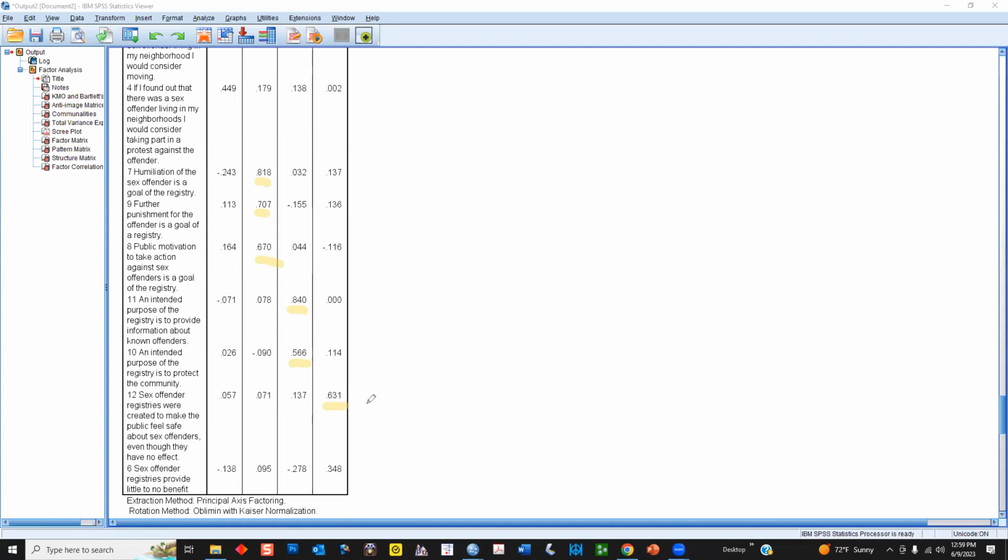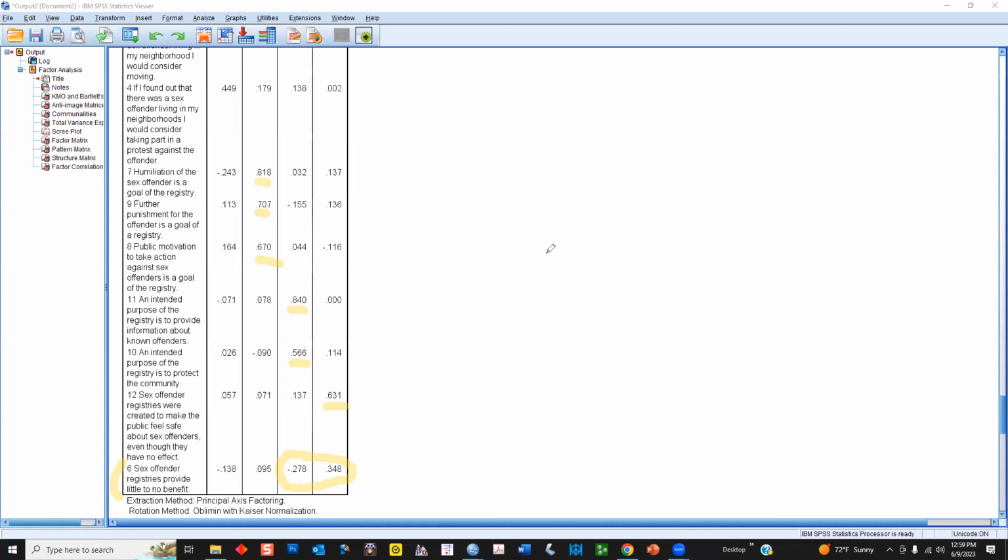That's an indicator that it's a pseudo factor. And this item here loads onto 2 different factors. So that's a sign that that's a bad item. And so that's item number 6. We're going to maybe take a look at removal of that item. But first, what I want to do is I want to change the number of factors, because this 4th factor